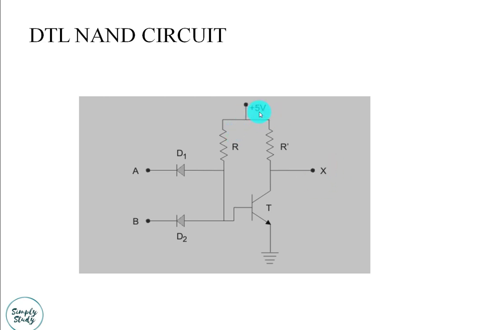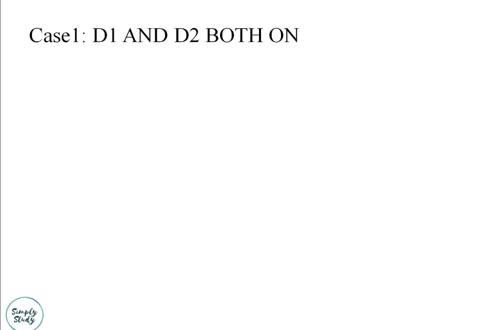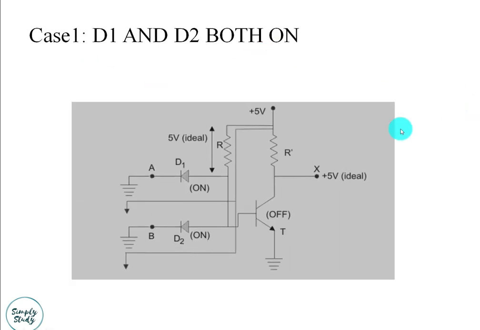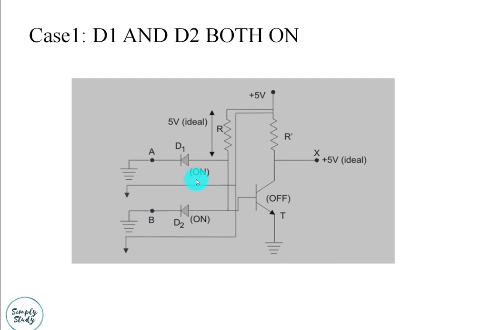Let us see how the circuit works. When both inputs A and B are given 0V, both of the diodes are in forward bias condition, that is, in the on condition. Supply voltage will get passed to the ground through diodes D1 and D2. The entire supply voltage of plus 5V will ideally drop across resistor R, and hence the base terminal of transistor T will not get enough potential to turn on the transistor, and hence the transistor will be in off condition. As a result, supply voltage plus 5V will appear at output terminal X, and hence output X will become high